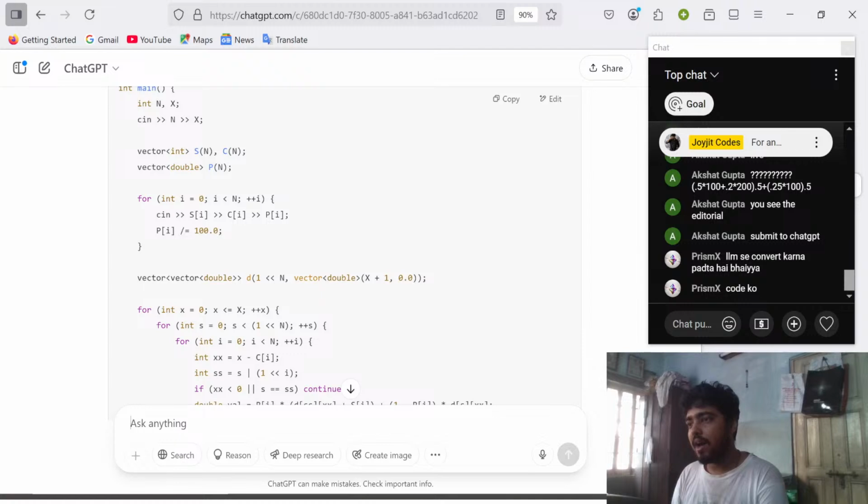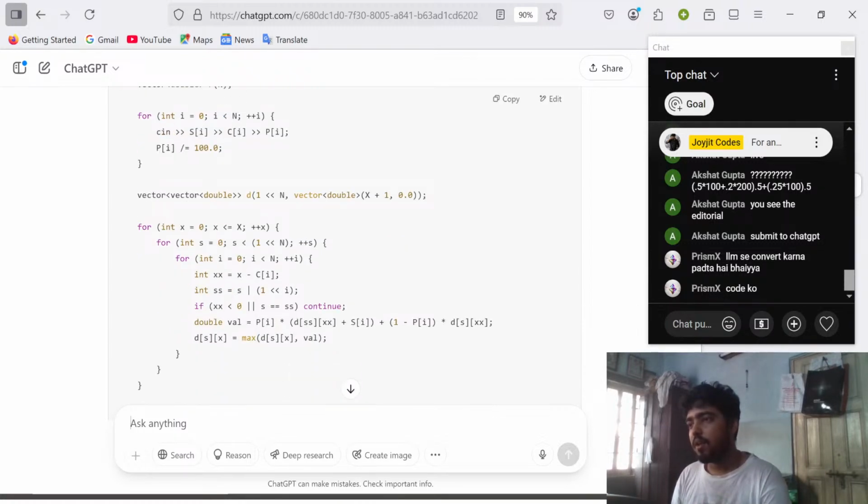तो for every value from 0 to x, I'm going to check for every bit mask, or for every bit mask, I'm going to make xs is equal to x minus c of I, s is equal to s or 2 to the 9, so I get it whether I have to consider it or not. So if I have to consider it, sorry, if I don't have to consider it, continue कर दो. और अगर मुझे consider करना है तब तुम देखो p of I into d of ss of x x plus s of I plus 1 minus p of I into d of s of xs. अच्छा,